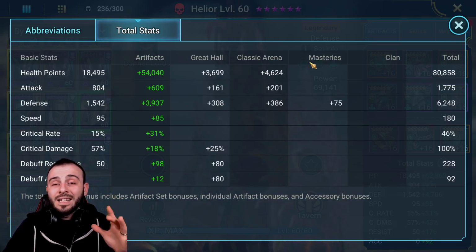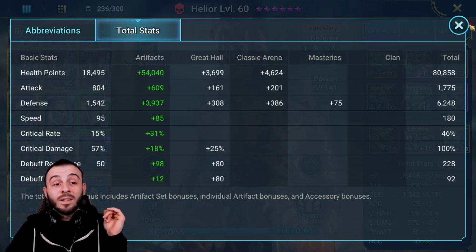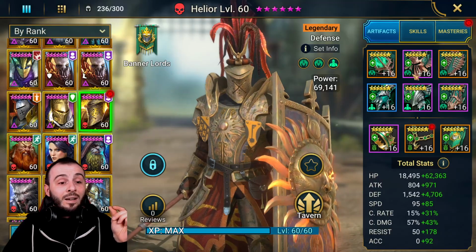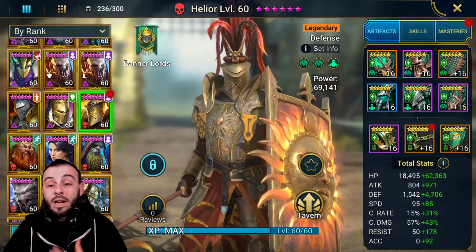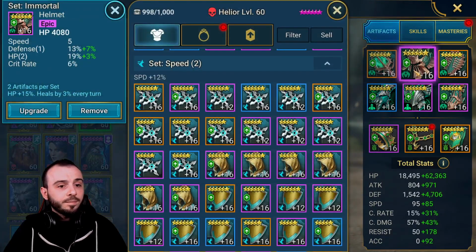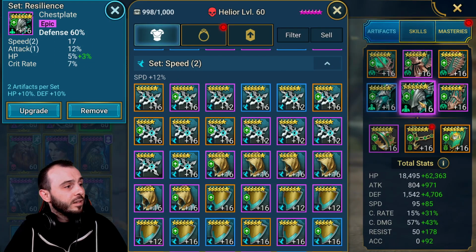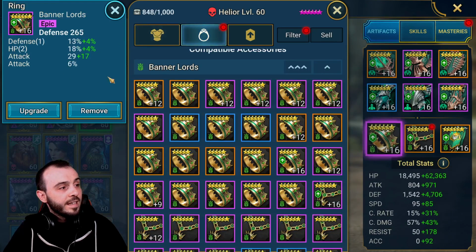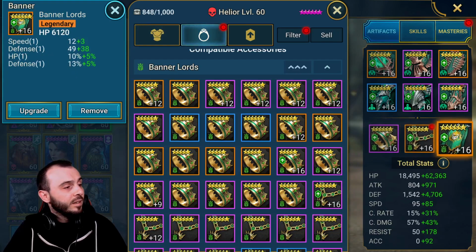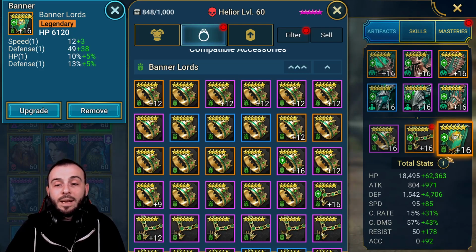If we had a Guardian set, he would have been even better. Definitely guaranteed to keep our champions alive. But we have him equipped on 2 Immortal sets and a Resilience. That's why we were able to give him the weapon, helmet, shield, HP gauntlet, defense chest piece, defense boots, same ring, HP amulet, HP banner. So we kind of focused on HP and defense rather than anything else on him because we want him to tank and